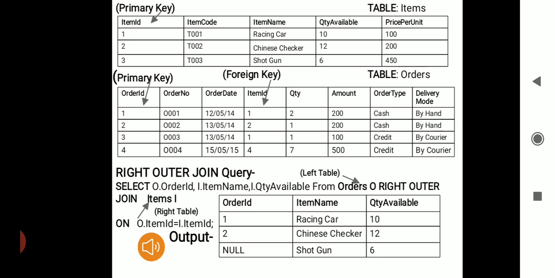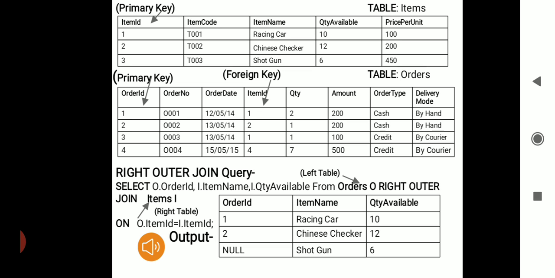But just check for the item ID as 3 in the items table. There is no matching entry of 3 for the item ID in the orders table. As table items is the right table, so for item ID as 3 in this table, there is no matching entry of 3 for the item ID in the left table orders.